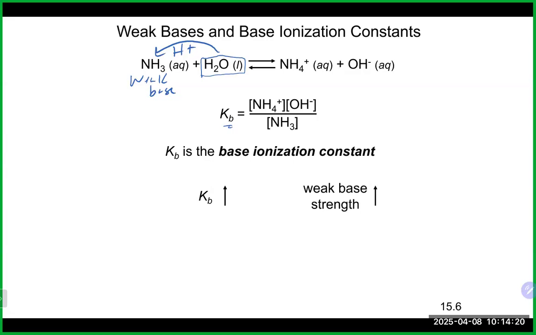Much like a weak acid, weak bases are the only type of bases that have an equilibrium constant because, again, if it is a strong base, much like a strong acid, it's going to completely break apart. It's not going to be a reversible situation. So once again, if you do see a Kb value, you will know that what you're dealing with is a weak base. Now, when we look at a Kb value, as the Kb value increases,